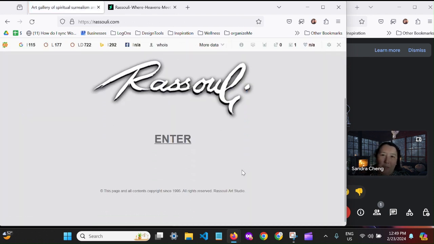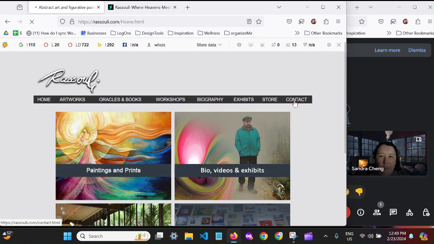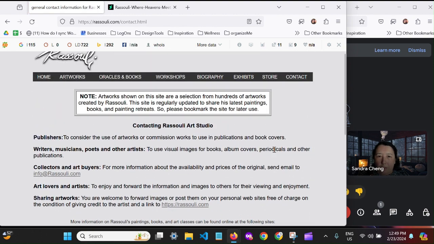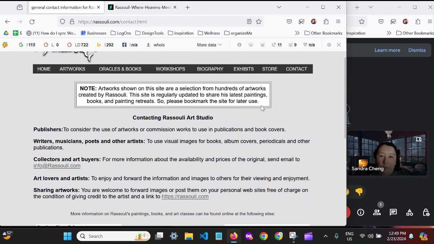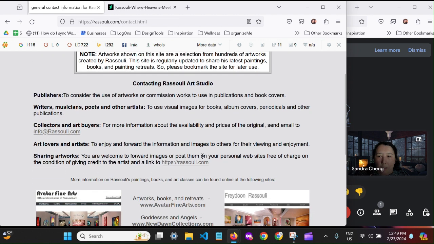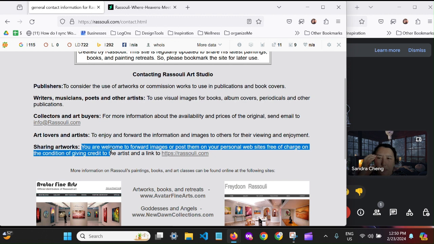So you look here, and then what I would do if you do figure out who it belongs to, you look directly in there where it says, here we go, under contact, it says artwork shown on the site are selection from hundreds of artworks created by Rasuli. Now, I honestly wasn't able to find that exact image on this website, but I'm assuming that he would use the same criteria here as he would for the other image. That image I found out was part of a book as well of the same name. So you can find that on Amazon as well. But yeah, so